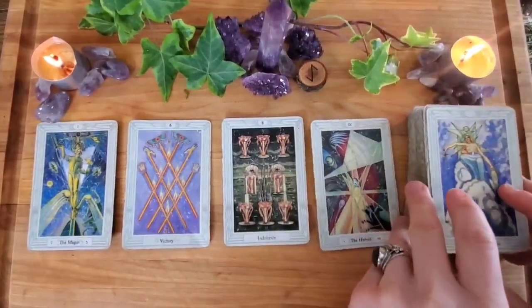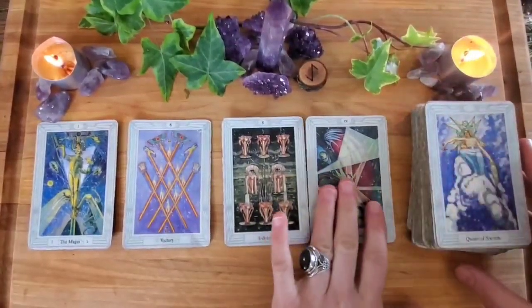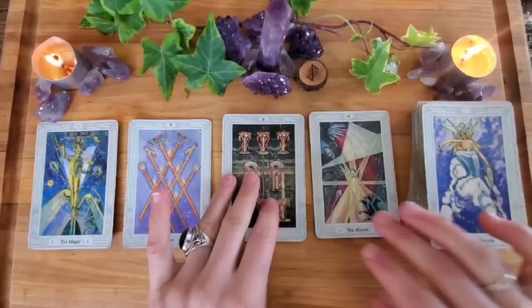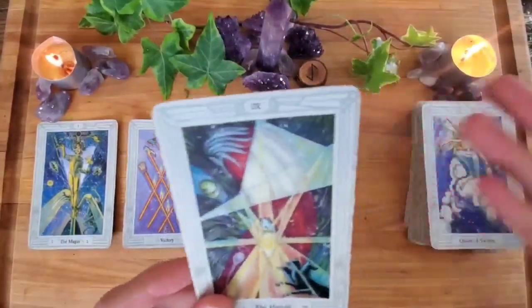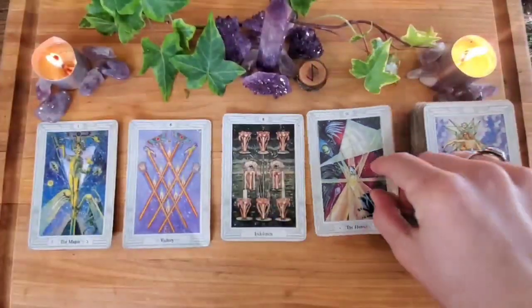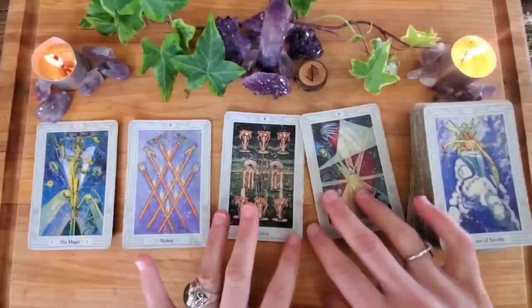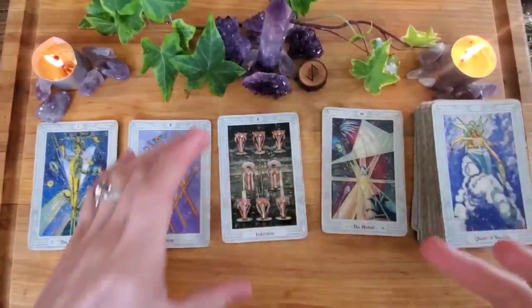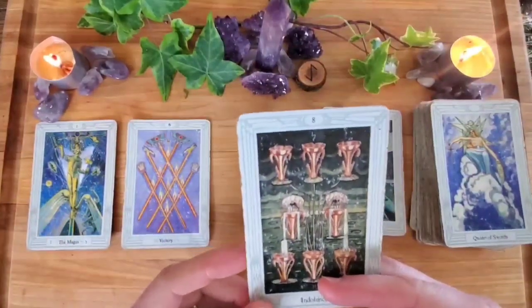I feel like once you take a step back and you take that time to get organized and patient, you are going to soar into the sky. It might be important that you take some time away just for yourself. Like these cards have said, it's important to focus on your energy, pull your energy back, because the Eight of Cups is all about giving too much of yourself away. And I know that a lot of empaths have a tendency to do that, because they want to make everyone else around them feel better, and they end up giving all of their energy away,